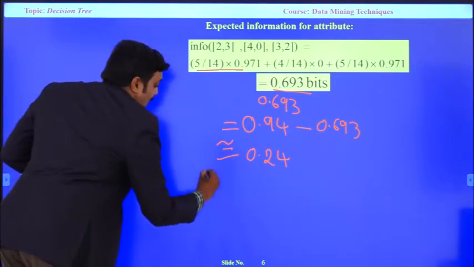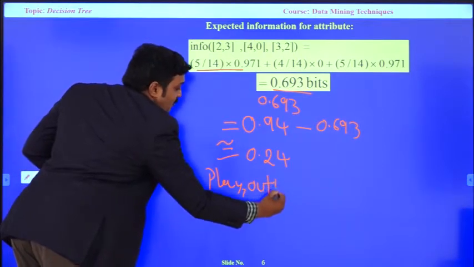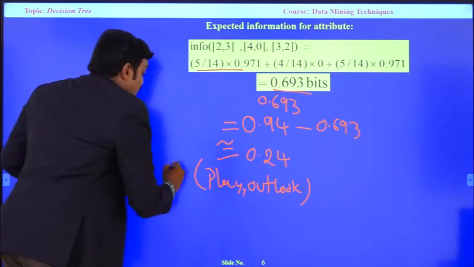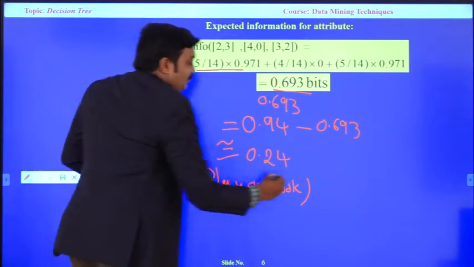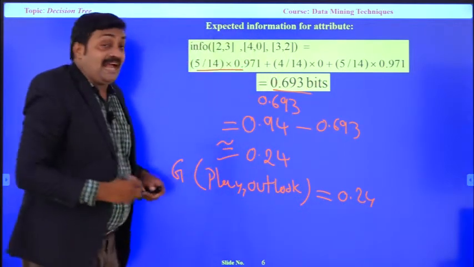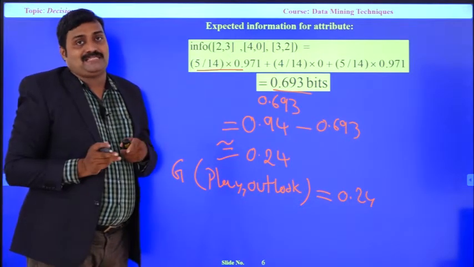That means, whenever we take the two attributes, play class and outlook class, and calculate the gain, we get the value 0.24. Like that, we need to calculate for each and every attribute with the play class.